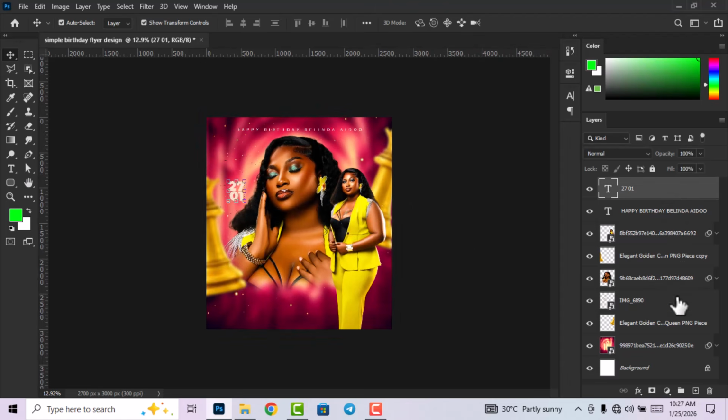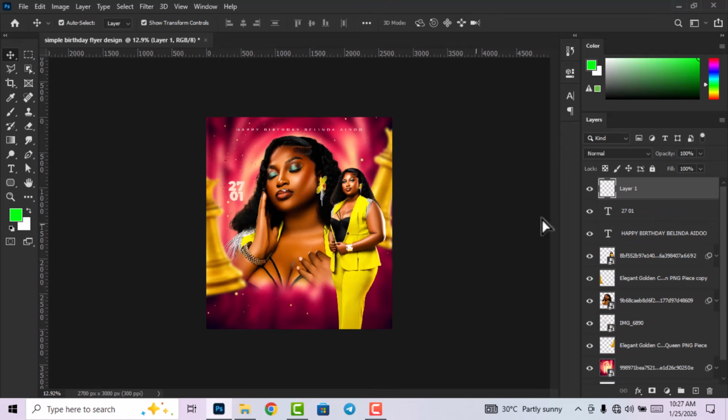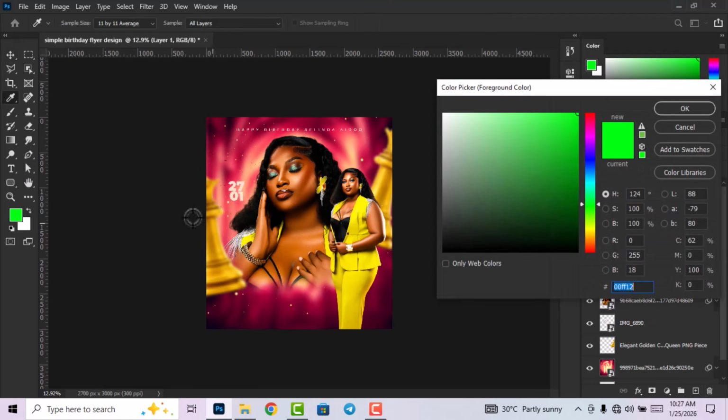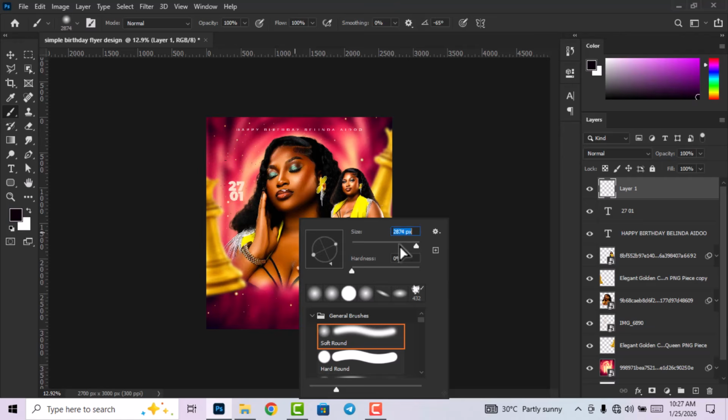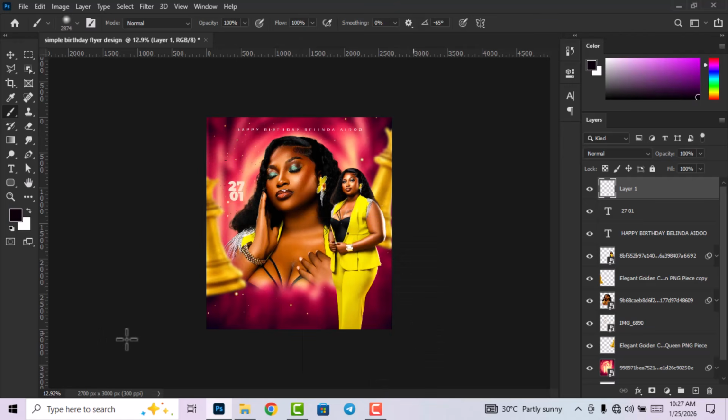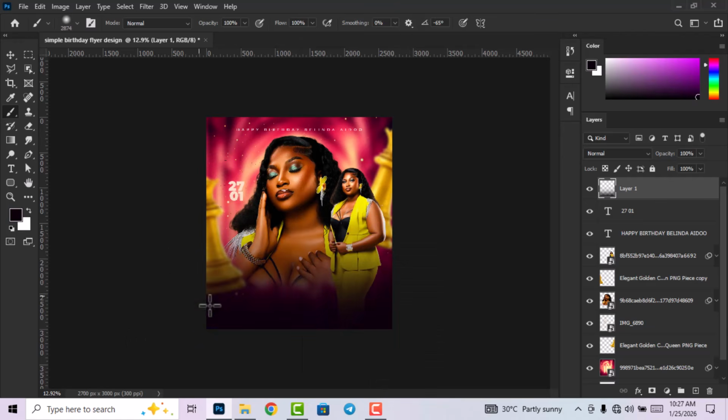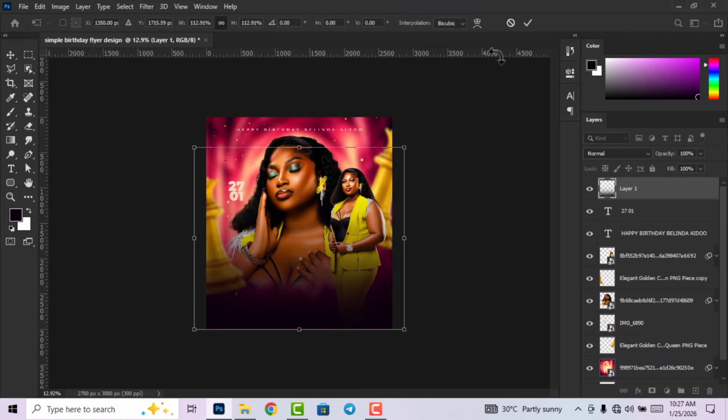All right, now create a new layer, and then change your foreground color. So let's sample the color here, and then it will be down. So this is the color code that we are using. Click on OK, and select the brush tool. Let's increase the size. Now you're going to apply it here like this. Good. I'm going to adjust it. Click on OK,